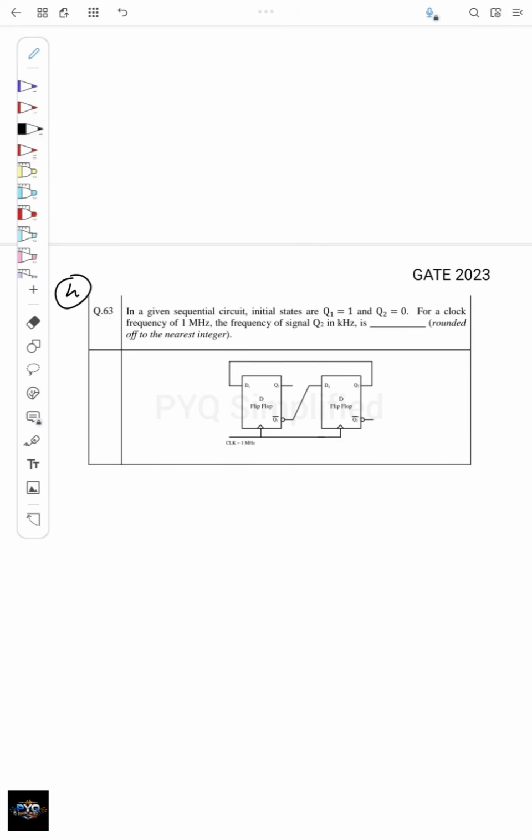Given a sequential circuit, the initial states are q1 equal to 1 and q2 equal to 0. So here in the circuit, q1 is 1 and q2 is 0. For a clock frequency of 1 megahertz, the frequency of the signal q2 in kilohertz is, so I need to find what is q2 and what is